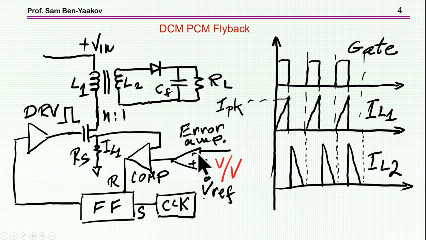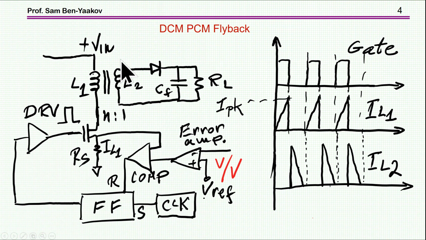We have feedback. I'm not showing the divider, etc. I'm just indicating there is an error amplifier, and the compensator will be here. And then the output is the reference level to which the current is compared. And when the peak is reaching this value, the flip-flop is reset and the transistor stops conducting,